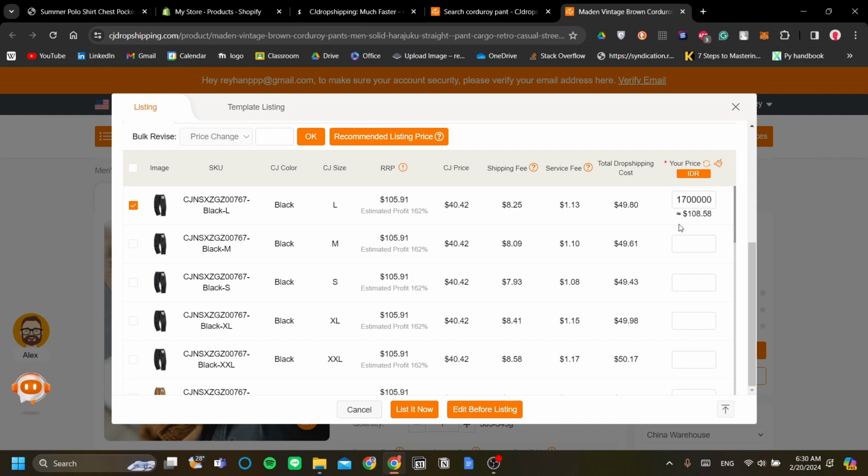Now, I don't like my product to be too expensive, so let's just put this in a nice rounded number because I am selling in my local market, so it will show the price in my local currency. All right, so when you're done, you can either list it right now or you can edit before listing. Now, in this tutorial, I'm going to tell you how you can edit